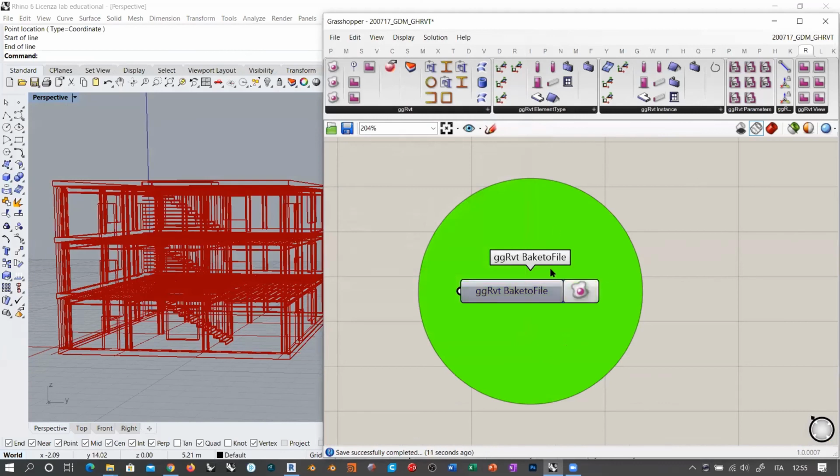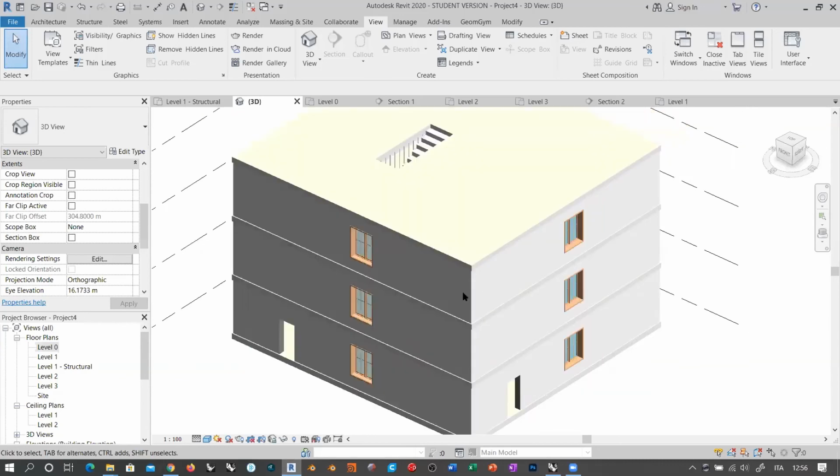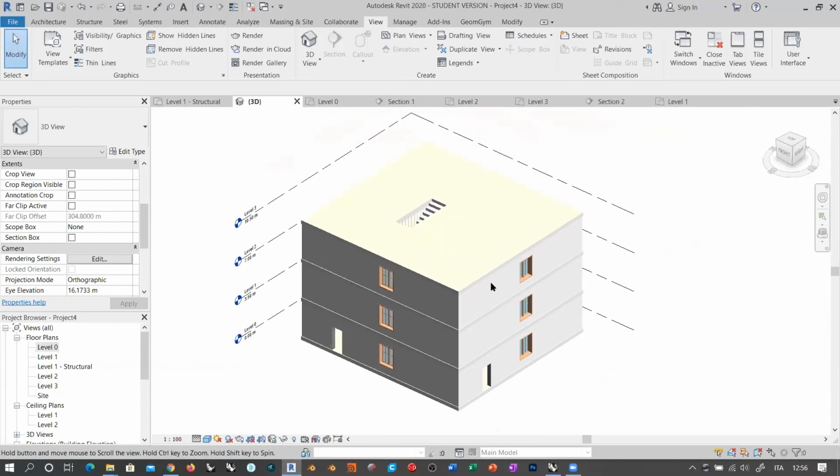Remember that tomorrow we will take a look at Rhino inside Revit as well, and you will see that this will not be necessary, to overwrite IFC files and so on. You just update or refresh things, and everything gets synchronized between Rhino and Revit. So now we have to do this manually. Okay, so if we go back here,